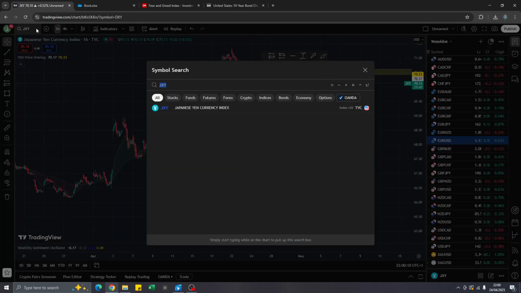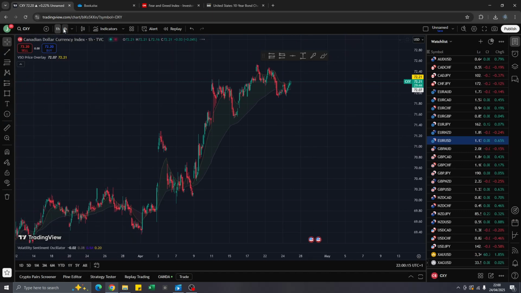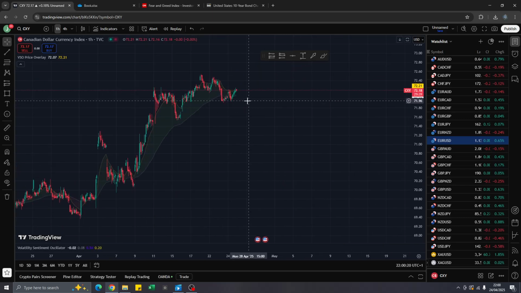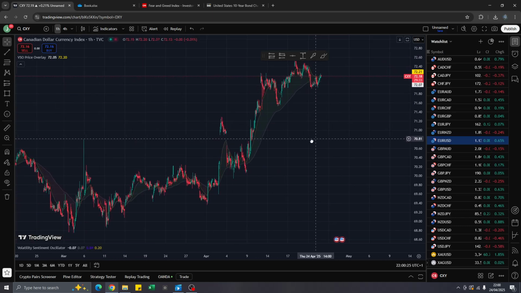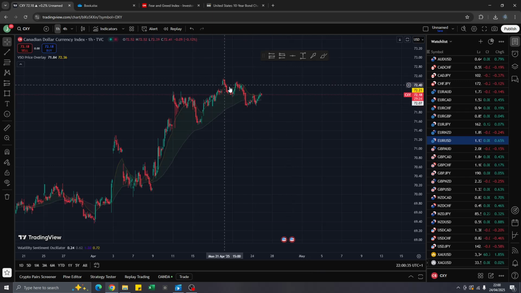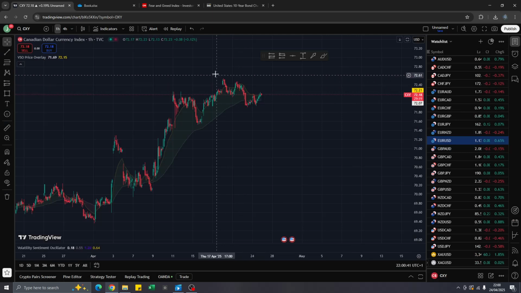It depends. CAD, the Canadian dollar on the 4-hour, bullish. 1-hour, not so bad. Still contracting. We're seeing this bullishness kind of drop off a bit, kind of like here. But clearly more so here. It's clearly dropping more so here. W formation. My opinion on the CAD, yeah, it's bullish. Depends what you want to trade it against. We'll get to that.